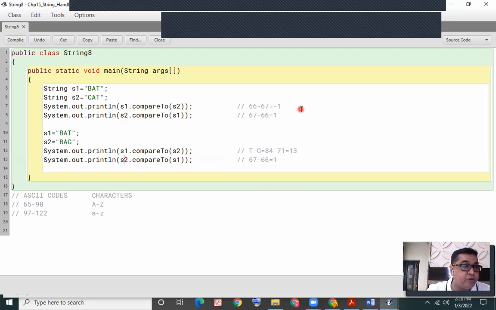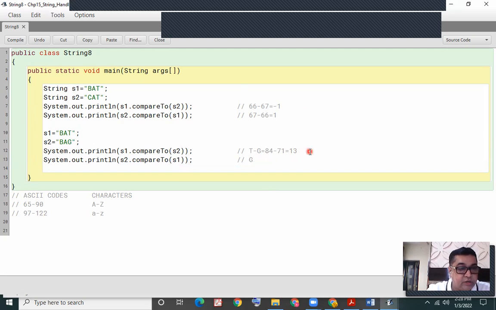Whereas if I had called this function in this manner, S2 dot compareTo S1, providing the S1 string in brackets, then the comparison would be: S2 contains bag, so the letter G would be compared with the letter T of bat.